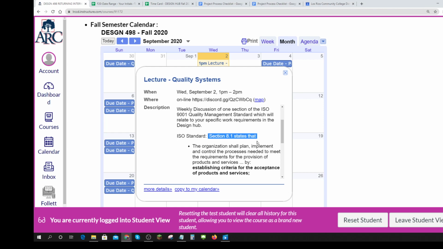Okay? There's, I think, 12 sections, or 9 or 10 or 11. We're going to live in this section 8. And section 8.1 says, the organization shall plan, implement, and control processes. It's all about processes. Okay? Do you have a way that's identified that are needed to meet the requirements of the provision of products and services? What that means is that, hi Mark, what that means is that